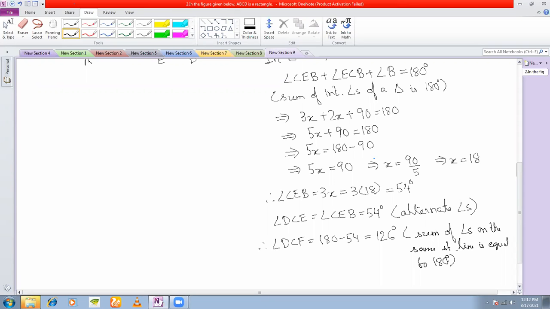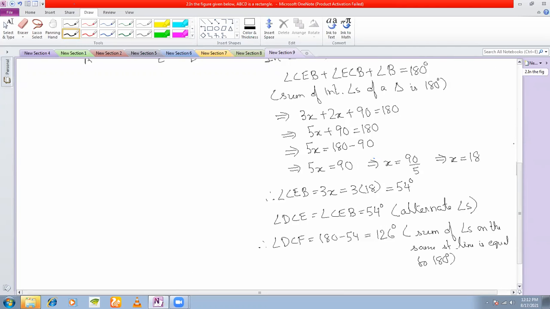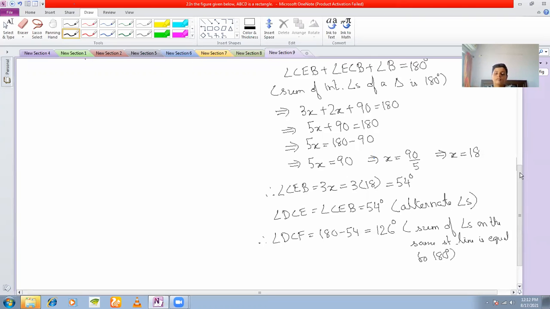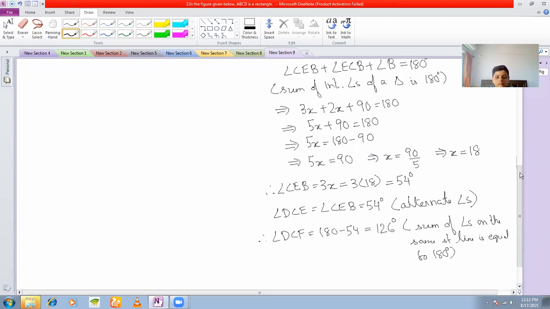Sir, I have a doubt in one sum, sir. Tell me. So 13.2 number 2. My question numbers will differ from your book, so it is better if you can send me a picture in the group. So what you have written after sum of, sir, after same straight line, ST. ST is short for straight line. Okay, sir.